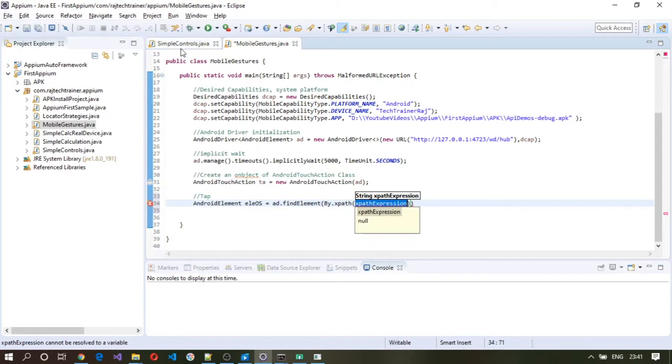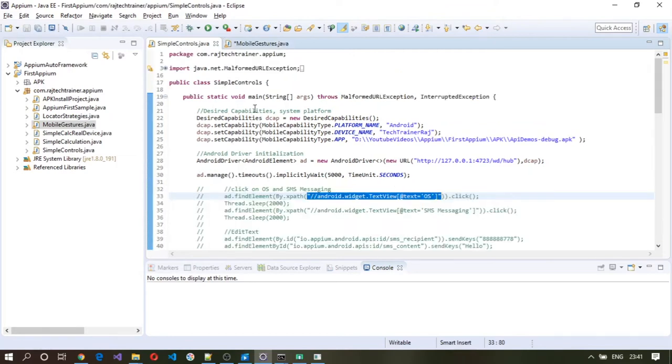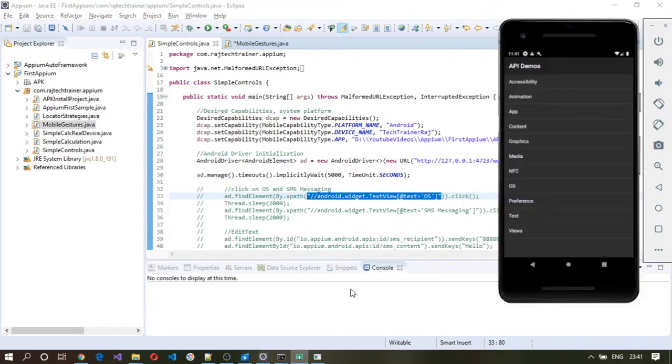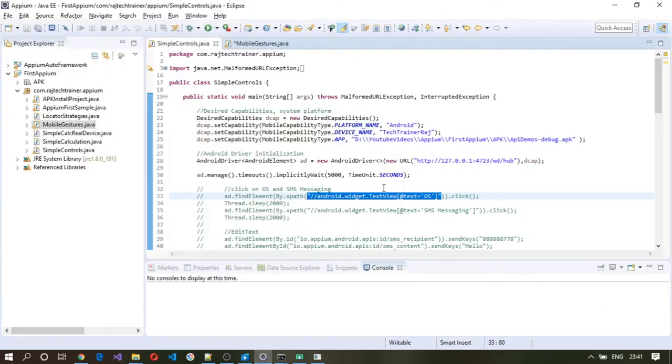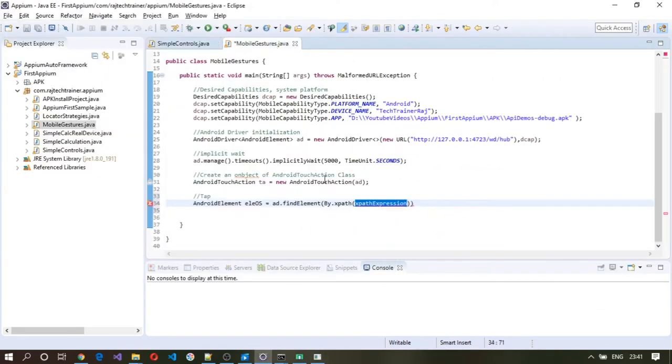Okay, so this xpath expression, I'm going to take it from simple controls. Please watch this video on how to extract this xpath from this application here by using UI Automator Viewer. Okay, so let me copy this and paste it here. Instead of